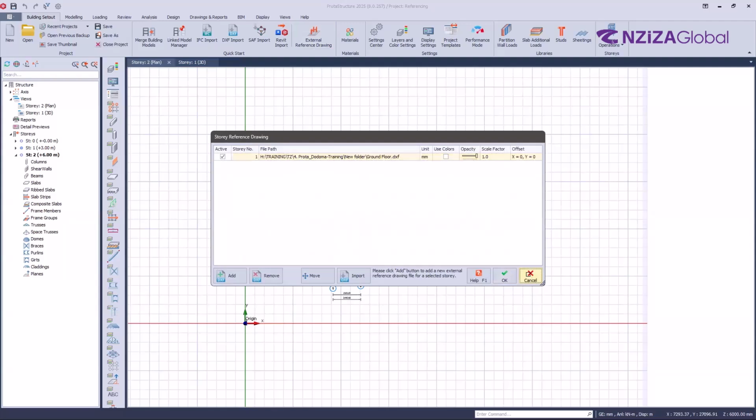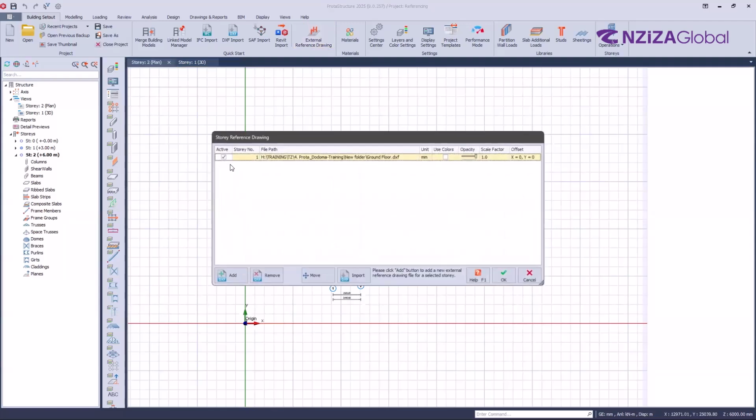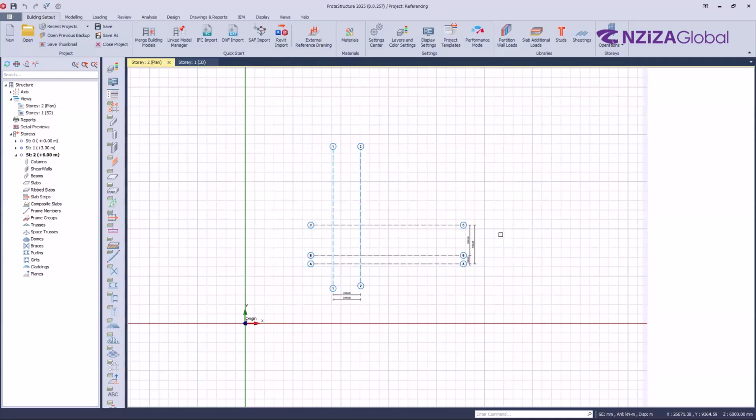Okay. So that's the difference between deactivating and removing. Is there any question so far? Any question? So if everything is okay,